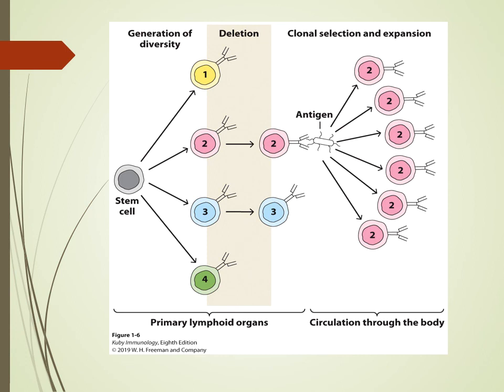So for this example, 2 is the good receptor because it recognizes this antigen from this microbe, and so now that causes that T cell or B cell, that lymphocyte, to proliferate. So we expand numbers. From there, we can further customize the response based on the cytokines being produced, so that some of these become memory, some of these become helpers, some of these become cytotoxic. They can have different functions from there, but they're all going to have the same receptor.